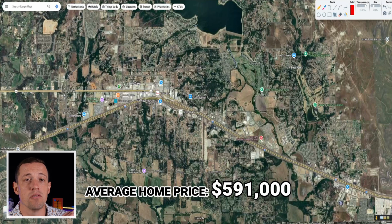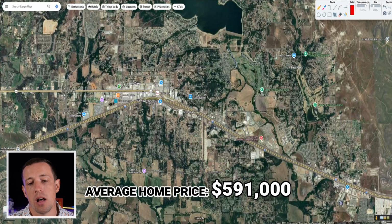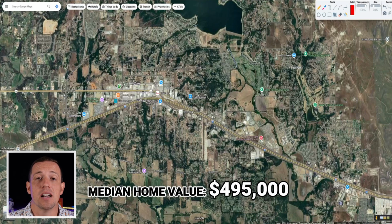This was over the last 12 months. But that is actually brought up artificially by a couple of homes that sold near $2 million. Now, over here in Oakview Estates, you do have some higher priced homes in that 1.5 plus or minus range. So the median home value in Hudson Oaks is closer to